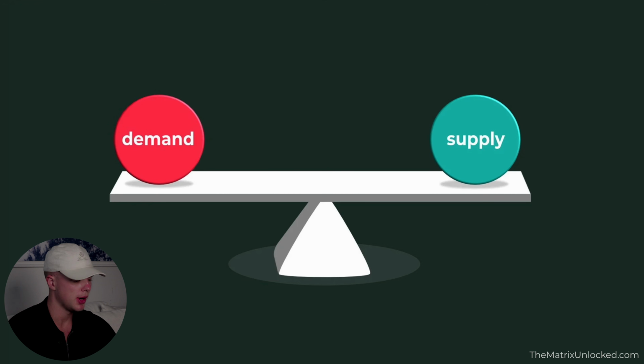So let us speak about supply and demand, which is a very common trading belief within the trading industry, where everyone that has been trading for quite some time must have encountered the term supply and demand. Even if you're not a trader and you've simply paid attention to economic classes, you must have heard the term. How supply and demand is understood by the masses is that it is the reason why the markets go up and down. Basically, if there's more supply than demand, the markets are going to go lower. The price will go lower. If there, however, is more demand than supply, what that means is that the price will go higher.